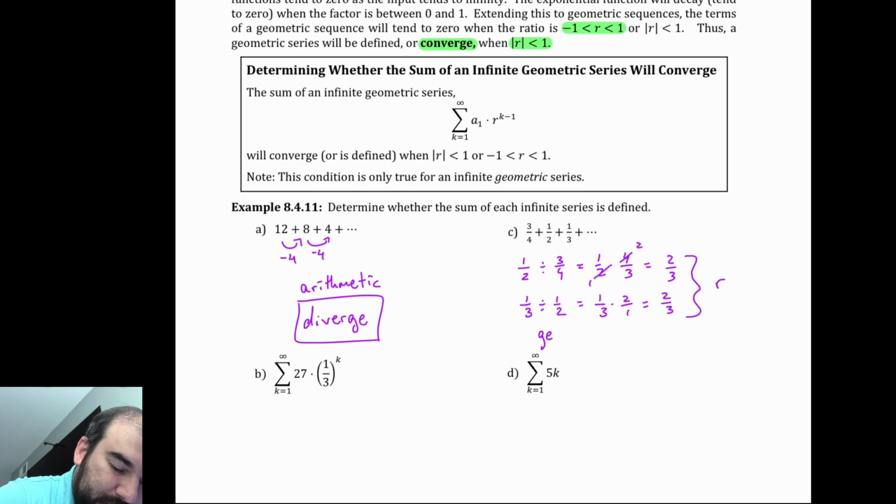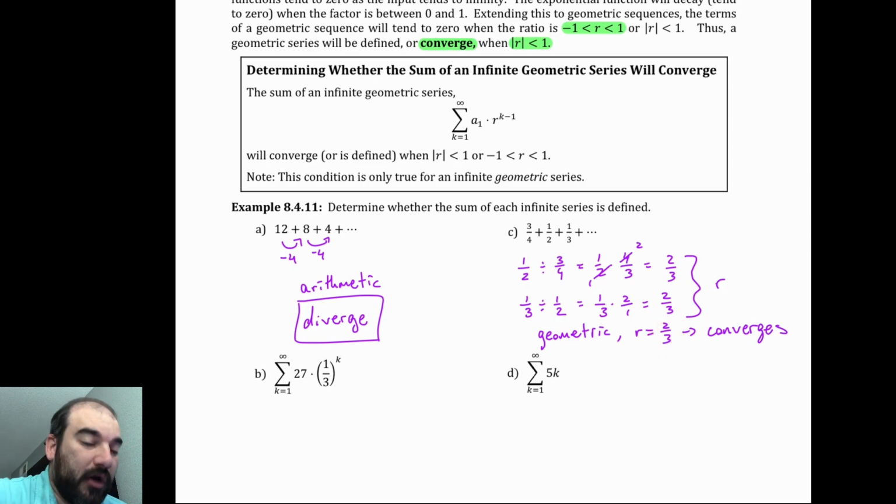So this is geometric. R is equal to 2/3, and therefore it converges. Because this r is less than 1, or specifically between -1 and 1, or if we take the absolute value, it's less than 1, we can say that this infinite series converges, which means we can actually find this sum, even though there are infinitely many terms, using the formula that's coming up on